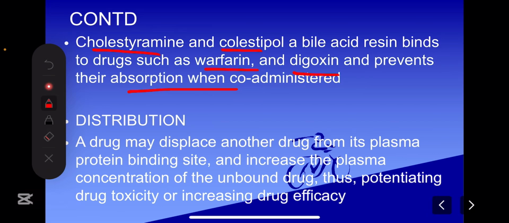Plasma proteins, specifically albumin, are responsible for the transport of drugs. Now, this is the catch. There are some drugs that have more affinity to bind to what? To albumin. When you co-administer a drug that has high affinity to bind to albumin with another drug that doesn't have that high an affinity,